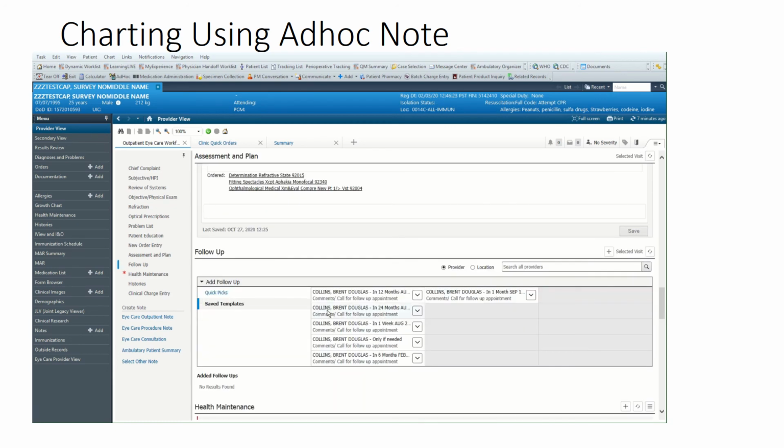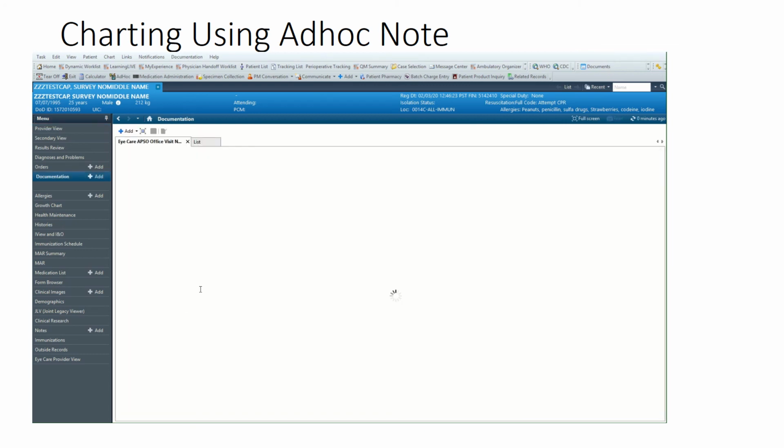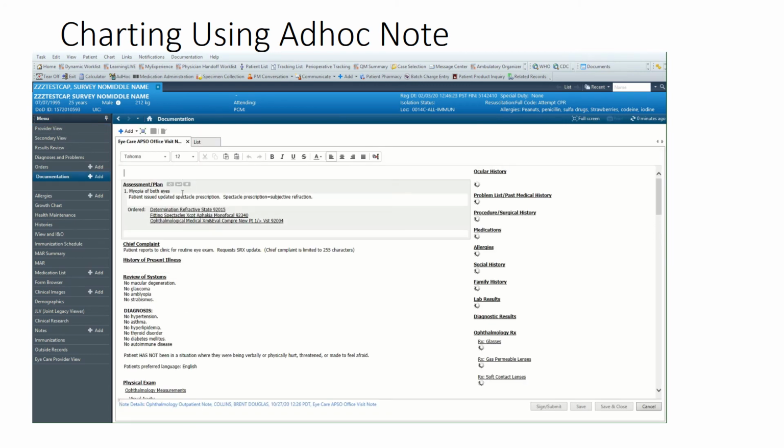You can create your own custom intervals that you would like patients to be able to follow up at. I'm going to select 24 months. Once I've done that, I am ready to sign the encounter. To do so, I will go to the eye care outpatient note, click it, and now I will review the